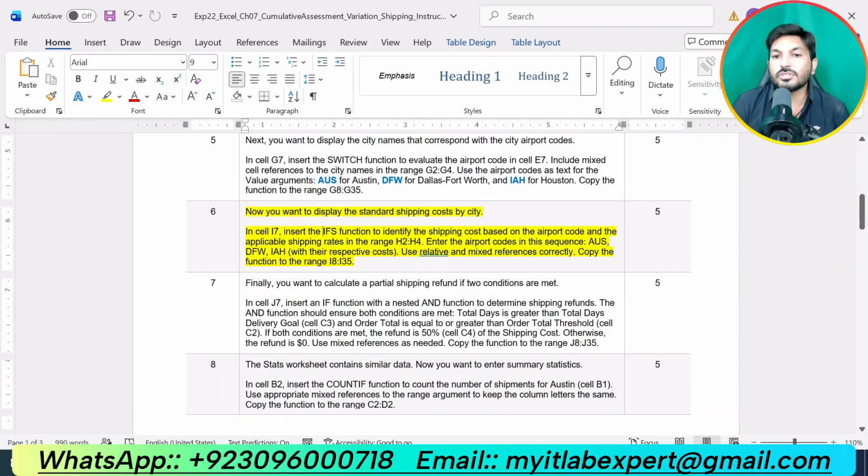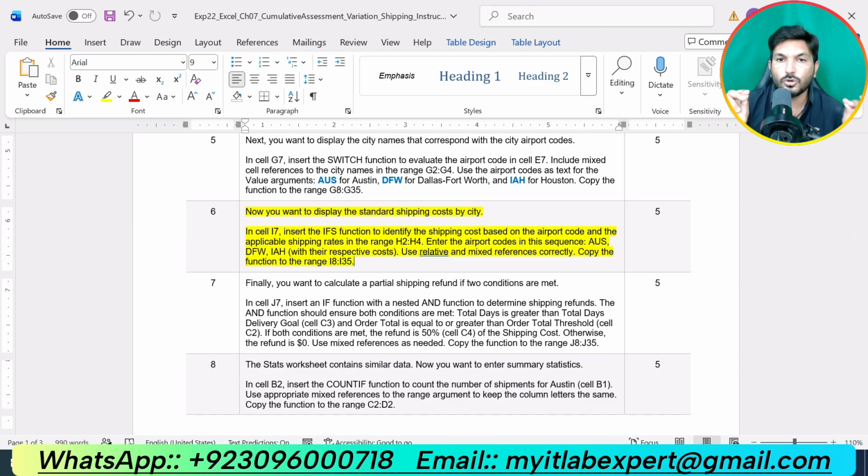Enter the airport codes in this sequence: AUS, DFW, IAH with their respective costs. Use relative and mixed cell references correctly. Copy the function to the range I8 up to I35.